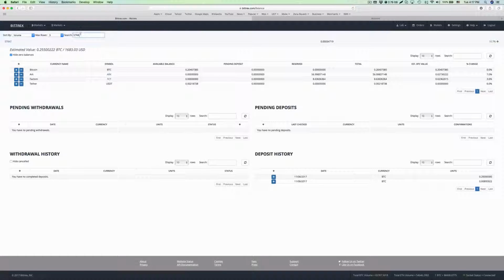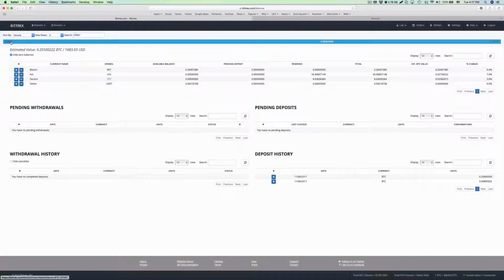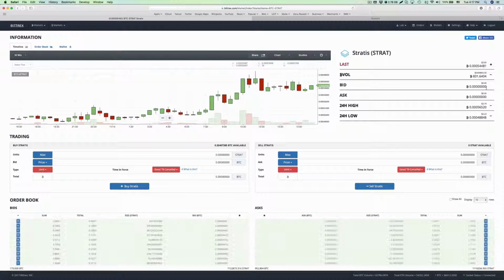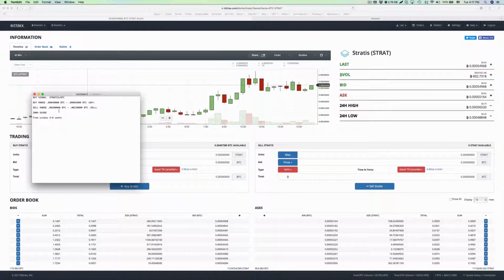So I'm going to go here. I already searched for it, but if you want to look for any cryptocurrency, just search it here, which is Stratis. Right now, one Stratis is costing 54,000 Satoshi, and according to the signal, it should be anywhere from 40,000 to 65,000. So at 54,000, we are right there. So let's buy